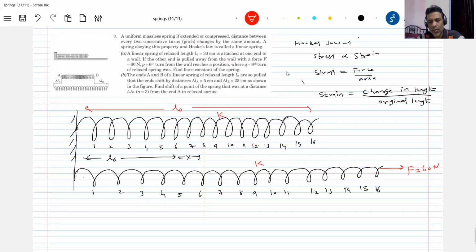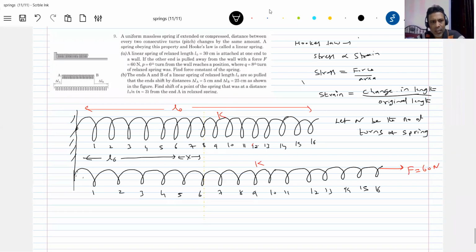So now what is the number of turns per unit length? So we'll assume that one. So how many others? N turns. Here I shown 16 turns. Let there be N turns. So let N be the number of turns. In the question I shown 16, it can be anything. Let N be the number of turns of spring.